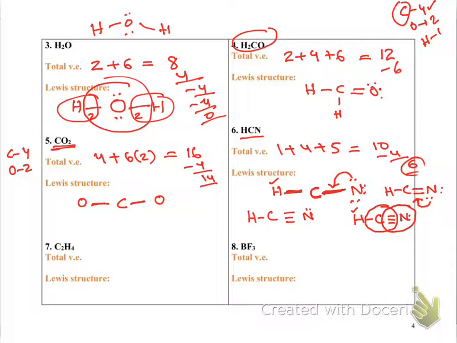I still have 14 electrons. I'm going to give the octet to the end elements first. Oxygen has only 1 bond, meaning 2 electrons, so I'm going to put 6 here. Now it is 8 around oxygen. Similarly 6 here, 6 plus 2, 8. So I used 12 electrons and now I'm left with 2 electrons, and where will I put those 2 electrons?